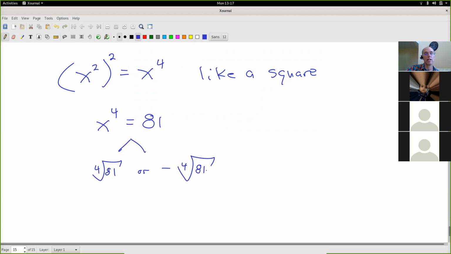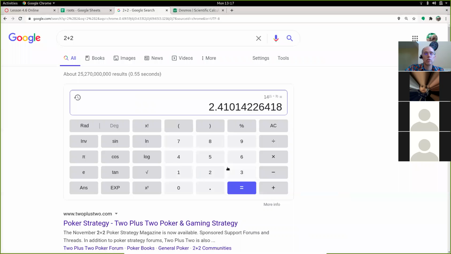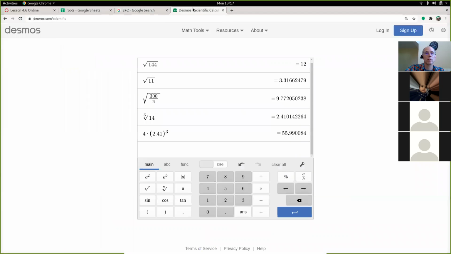And we could ask what that is on a calculator. So calculator, clear. So 81 is my base, and then I want to raise that to the power, parentheses, 1/4 would be the fourth root. And Google says the answer on a good day is 3. Check with Desmos,